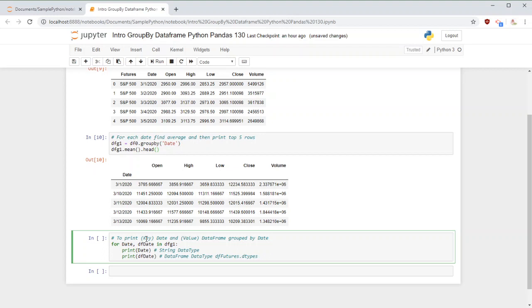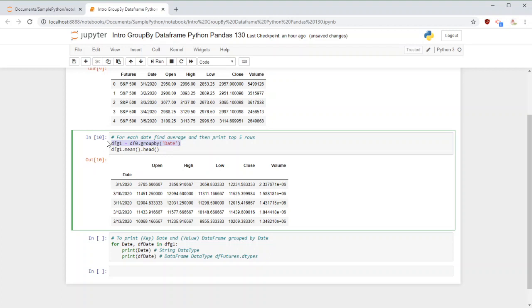This data frame groupby object contains the date and the data frame for that date. So what it internally does is, when in the previous statement, line number 10, you said data frame groupby date, internally for each date, it finds the data and puts it into the data frame groupby object, right?